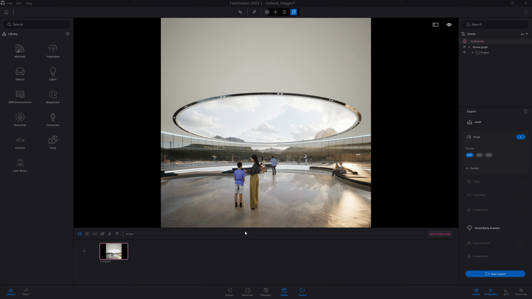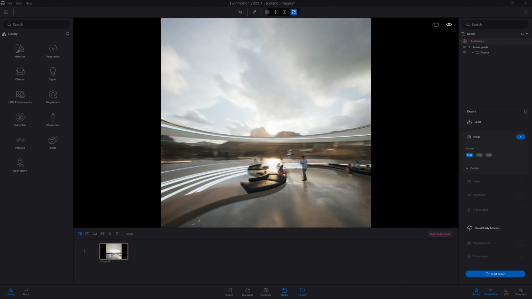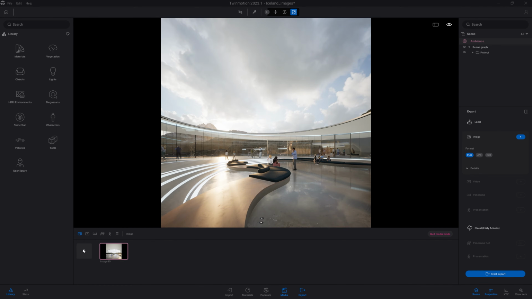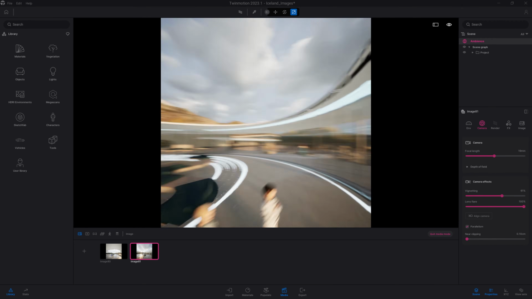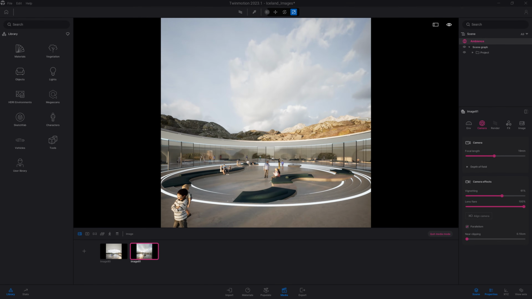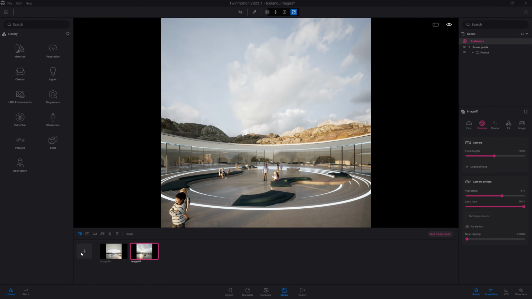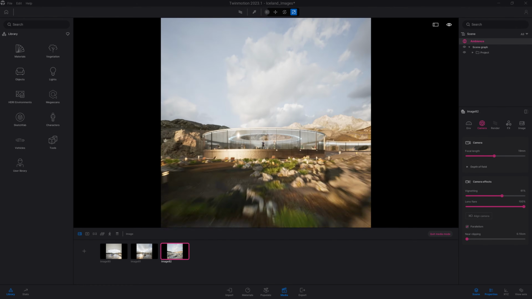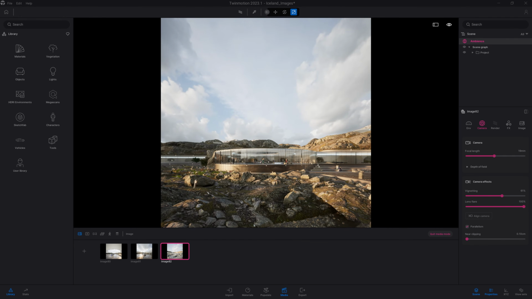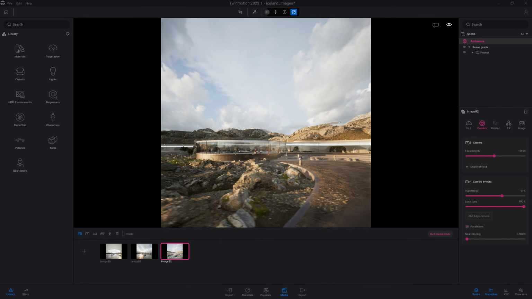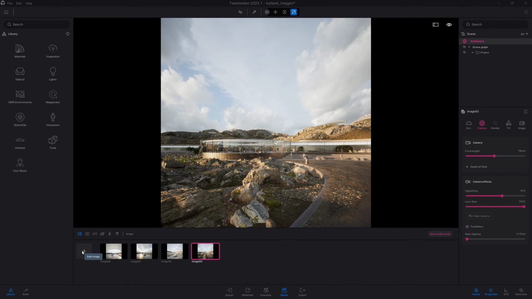So now that we covered an image, let's maybe create a couple more images of our project. So I'm going to hit the plus button. I'm just going to navigate freely in my project, maybe one looking at the back, looking at the mountain here. Maybe one from the exterior as well. So here I'm just navigating inside my project, and I'm pressing the plus button when I see a point of view that I like.